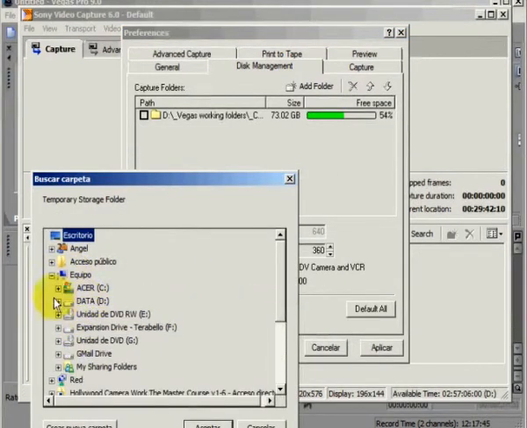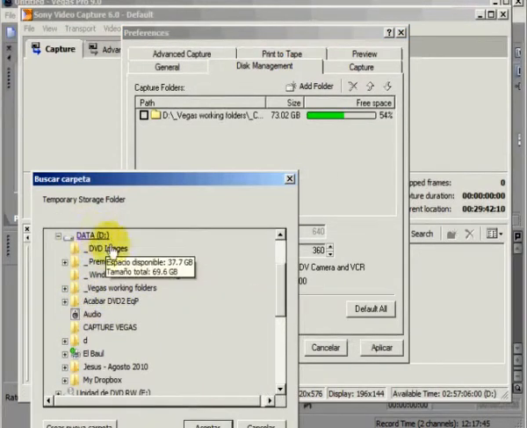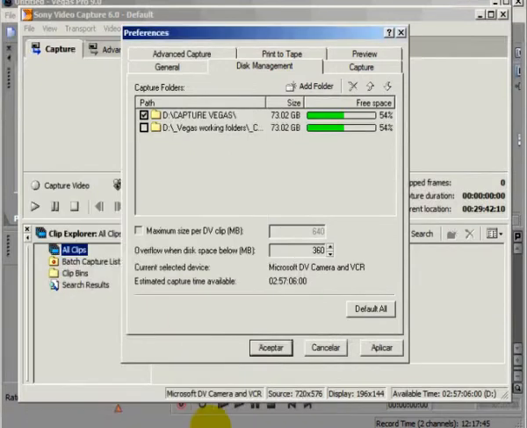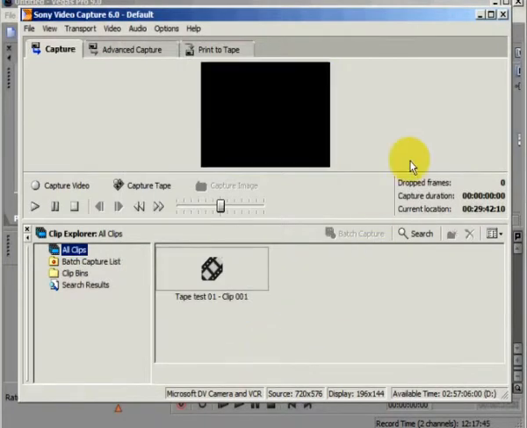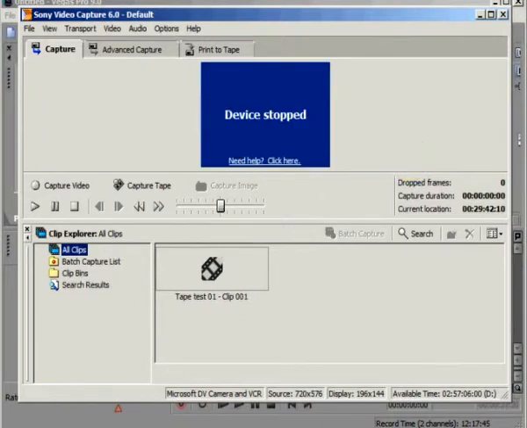We find it in our D drive, in my case, Capture Vegas. We accept that, and that's the new capture path. We apply and accept, and we now know that this is where our footage is going to go. So we can now start capturing video. We're just going to capture a very quick clip. For that, we just simply have to click on this Capture Video button,